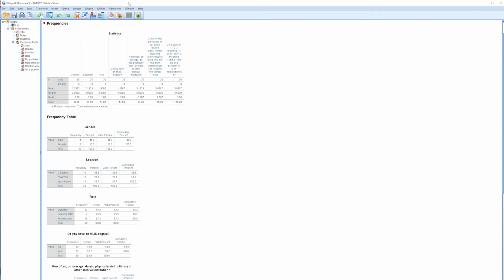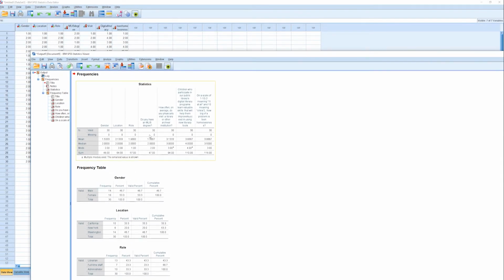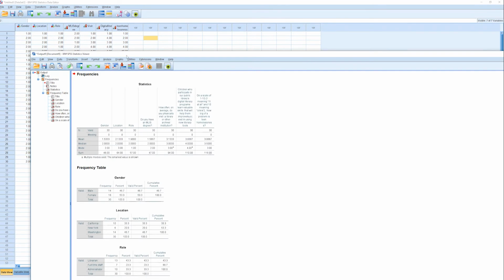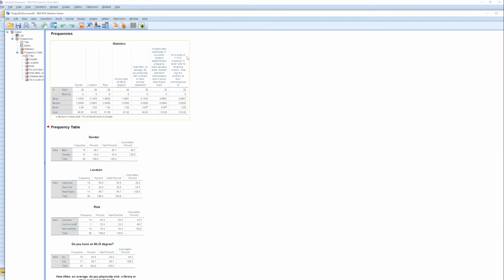So SPSS provides this output as a different file. This one is the data file and the output is the result part. So if you run it, it will go through the result here, and then you can export this to Microsoft Word as a file. Or you can just copy and paste it to a different